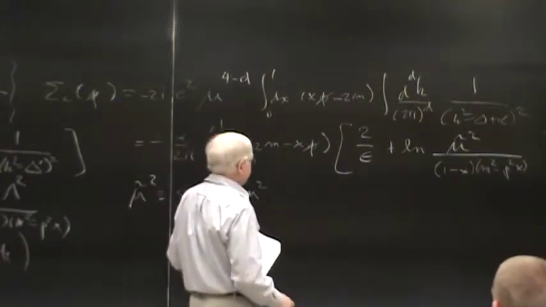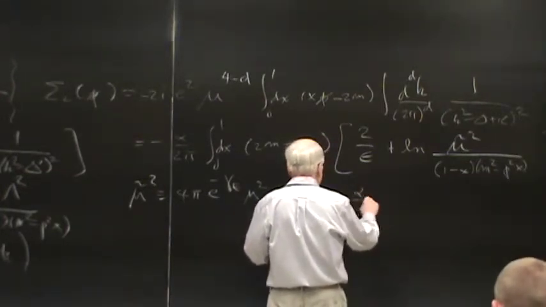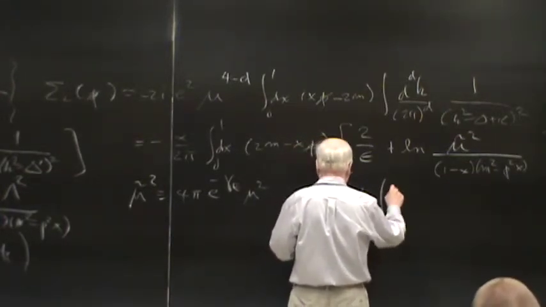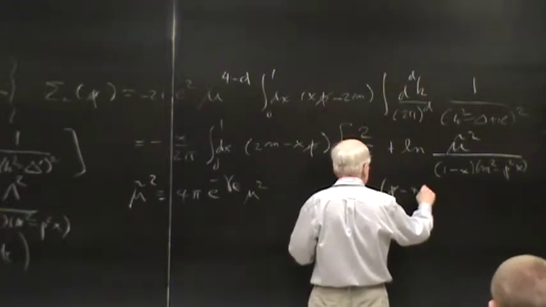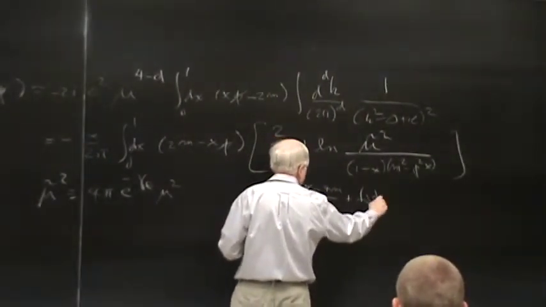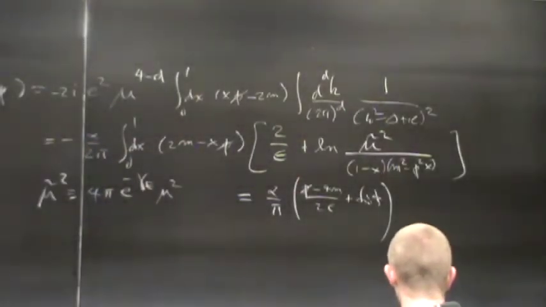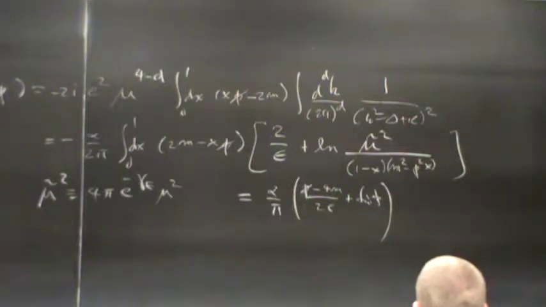And Schwartz rewrites this as alpha over pi times p-slash minus 4m over 2 epsilon plus finite. And, okay. All right, so the next business is